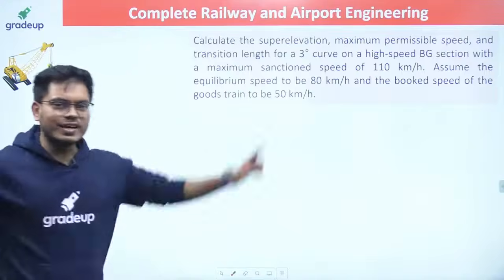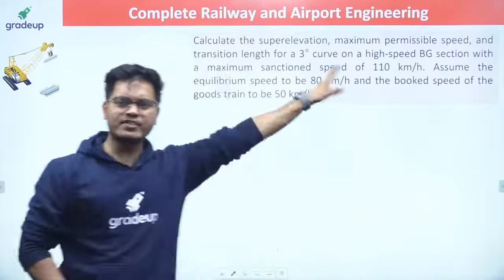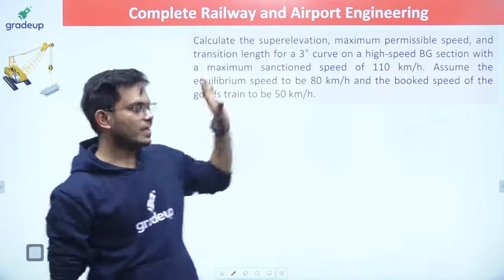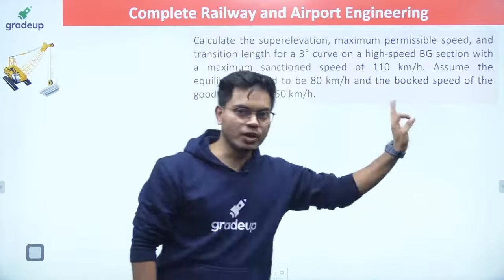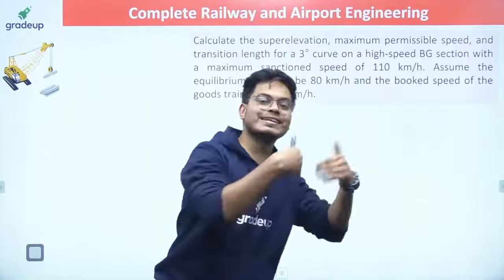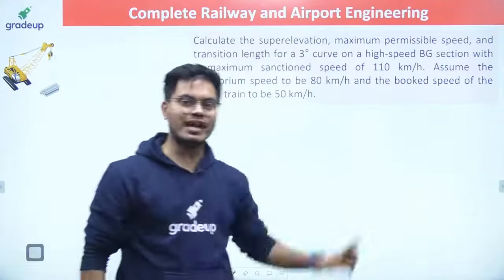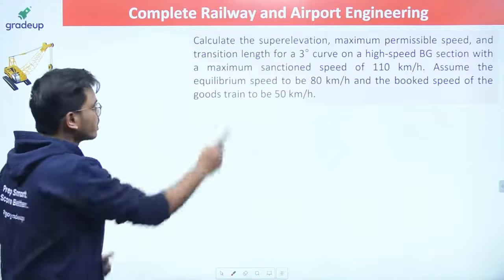The question, as soon as you read it, tell me, are you seeing any difference here? Just don't look at the values. Obviously the values are different, but is anything different in the language? This is just to show you that there is no difference in the question, and that time also we can get some values which are not under the limit. How to deal with that question? This is how we are going to do it. Just please look at this.